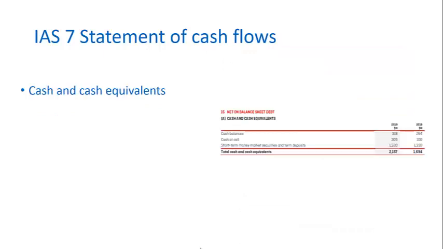Another important reconciliation in the cash flow statement is the reconciliation of cash and cash equivalents in the cash flow statement to cash and cash equivalents in the balance sheet. This basically shows us how the statements articulate, and that's quite fundamental to be able to understand how the three statements join up to each other. Hence why I think of the three statements as being a